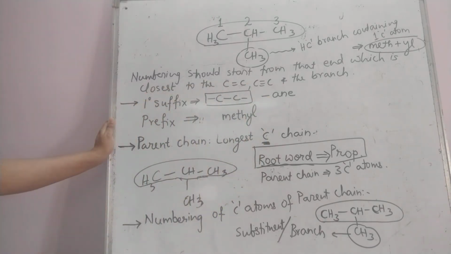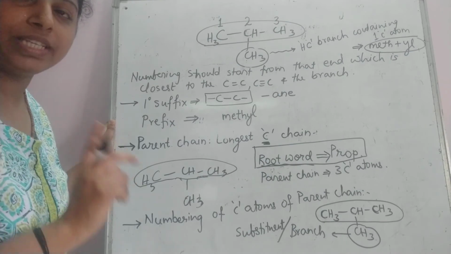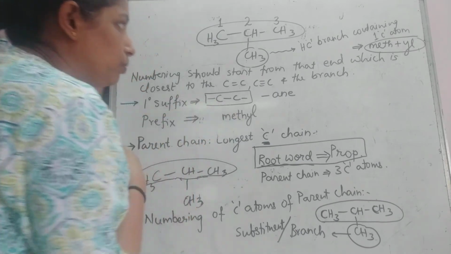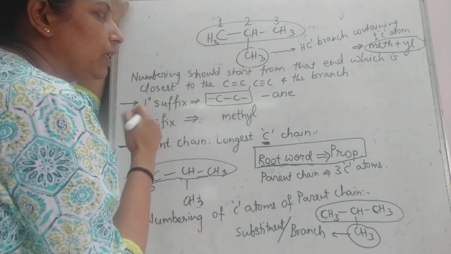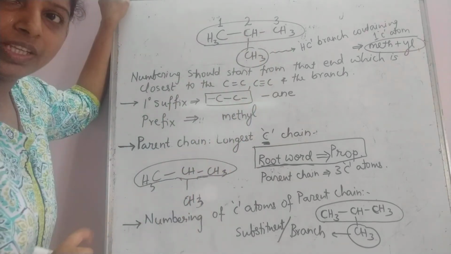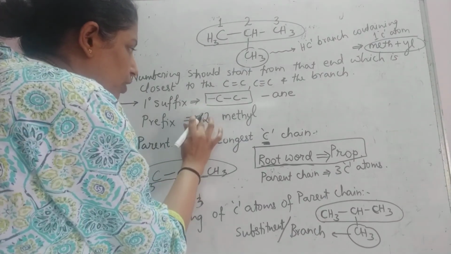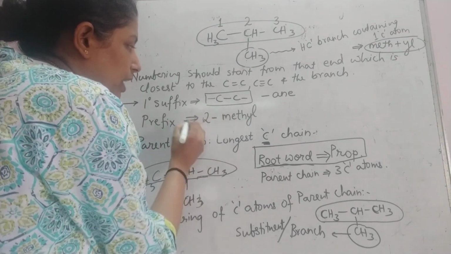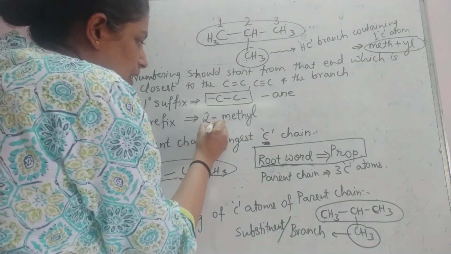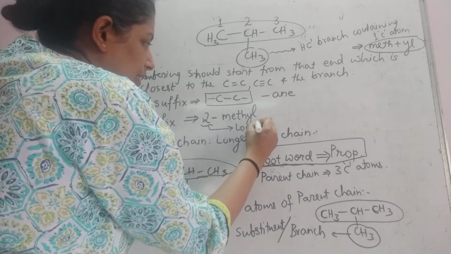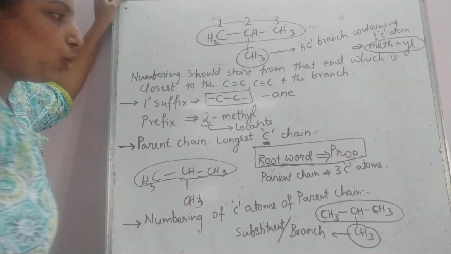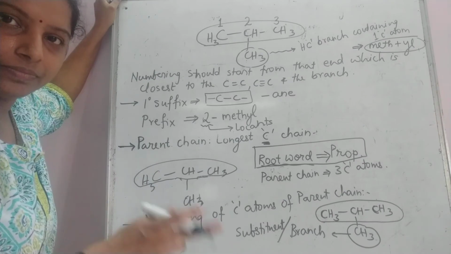Now while writing the name of the prefix, remember that you'll always have to write the location of the prefix, location of the methyl group. ये methyl group पूरे compound में कहाँ पर मौजूद है? It is bonded to the second carbon atom of the parent chain. So its location is 2. What is its location? 2. So I write 2. At the second location, what is present? Methyl group. So these numbers that are used to indicate the branches are called as locants. What are they called? They are called as locants. Location बताने वाला, locant. Okay.